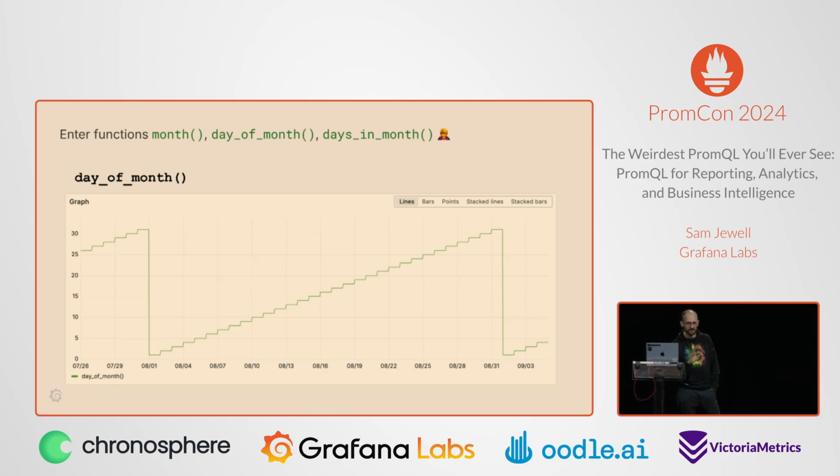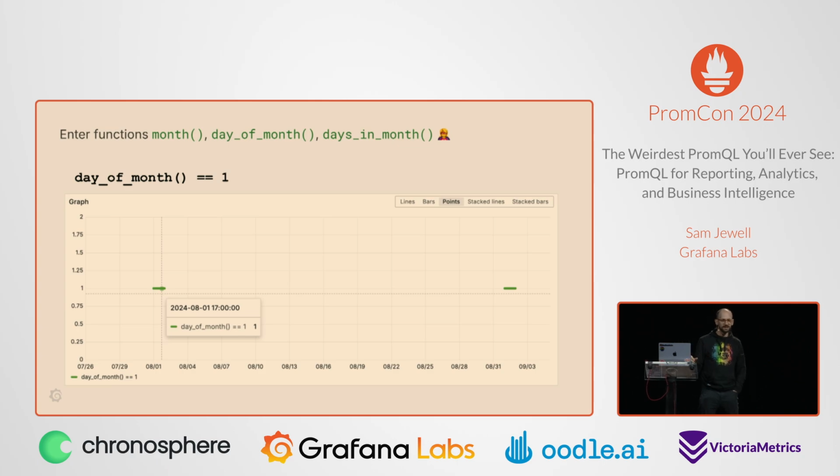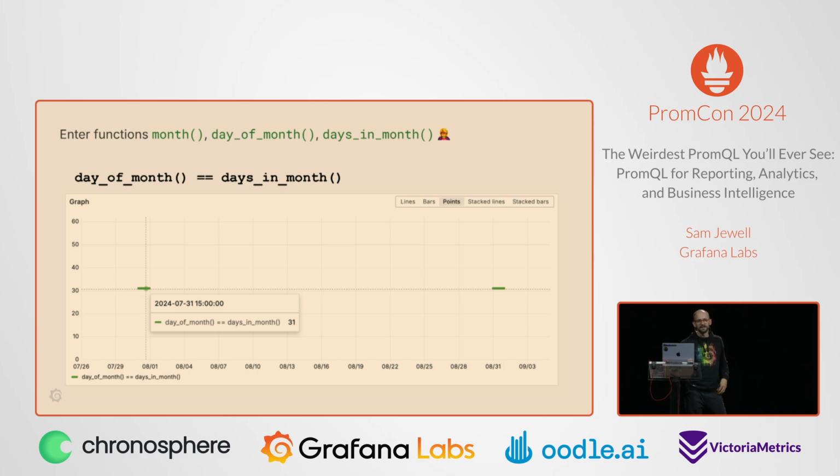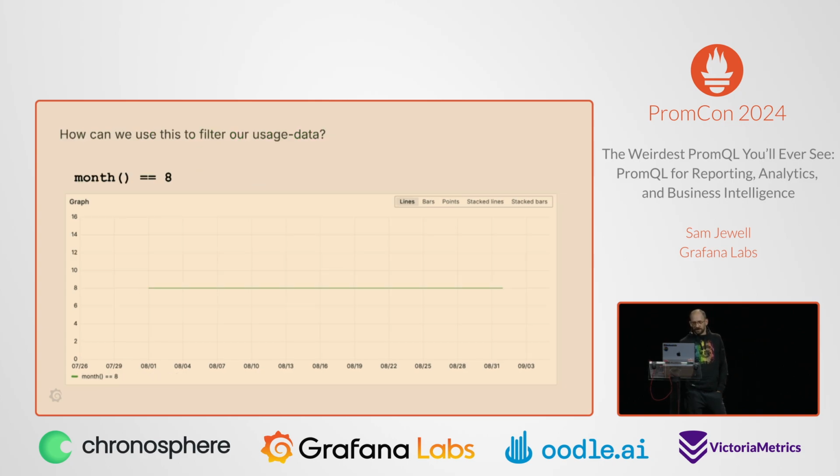There's also, I thought I'd quickly show, day of month. That climbs from a value of 1 on the 1st to 31 on the 31st. Again, you could apply a condition and use that to maybe lift data just at the start of the month or just at the end of the month, for example. But I'm interested to try and isolate August data to begin with. And I've got this synthetic metric here. And what I'd really like to do is